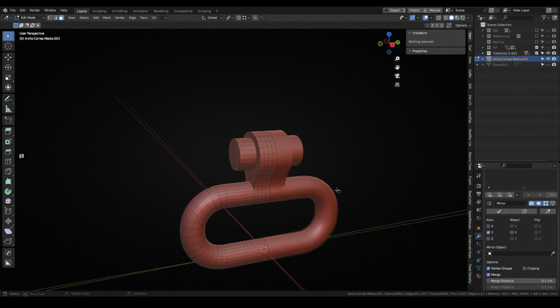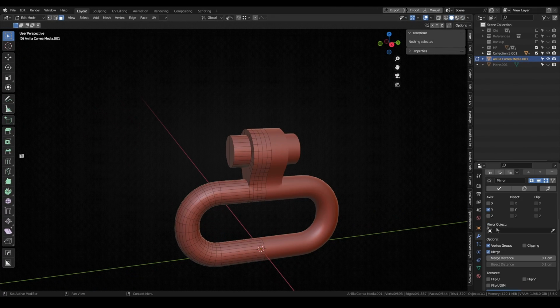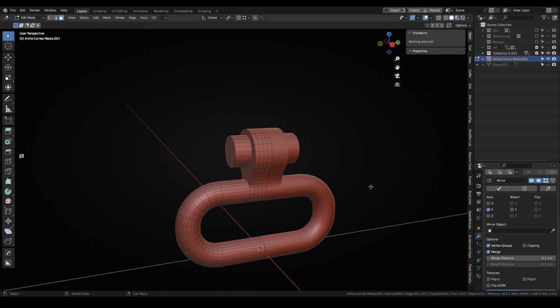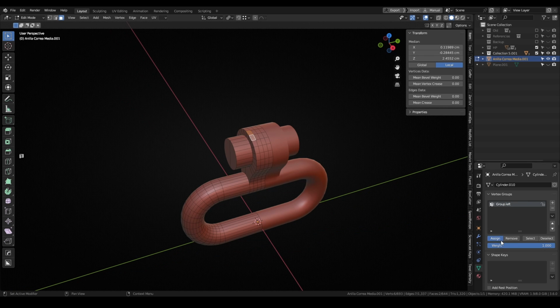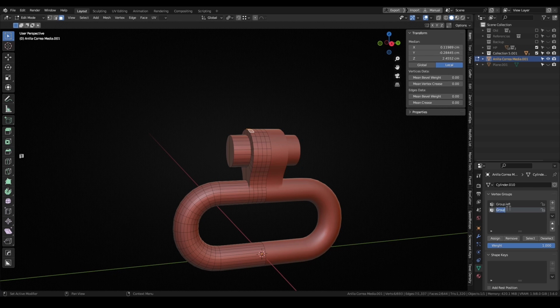The last one on the list is vertex groups. When active, if you have created a vertex group on your mesh, then the mirrored counterpart of that geometry created by the modifier will appear on a different vertex group. For this option to work, you need to create a vertex group with the suffix .right or .left. In this case I'll call it group.left and add the geometry you want. Then I'll create another group with the same name, but changing the suffix, and leave it completely empty.